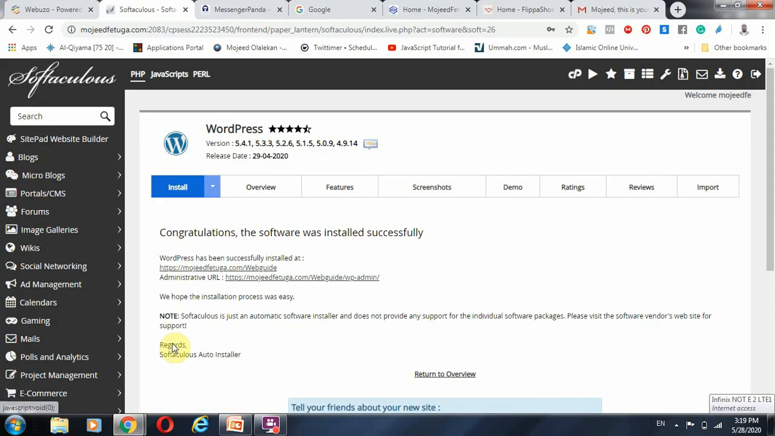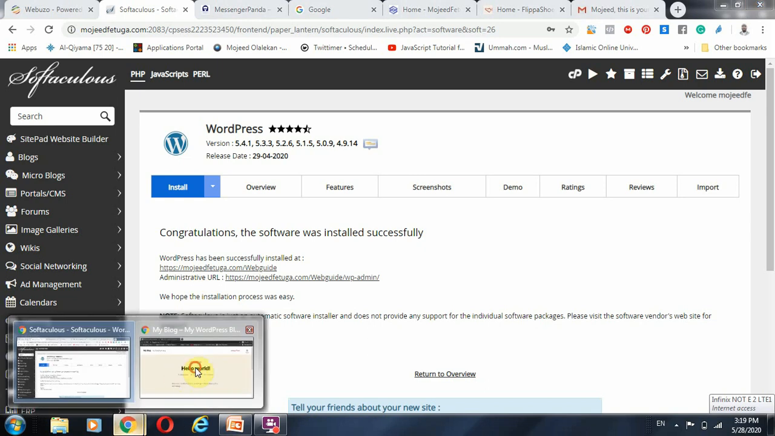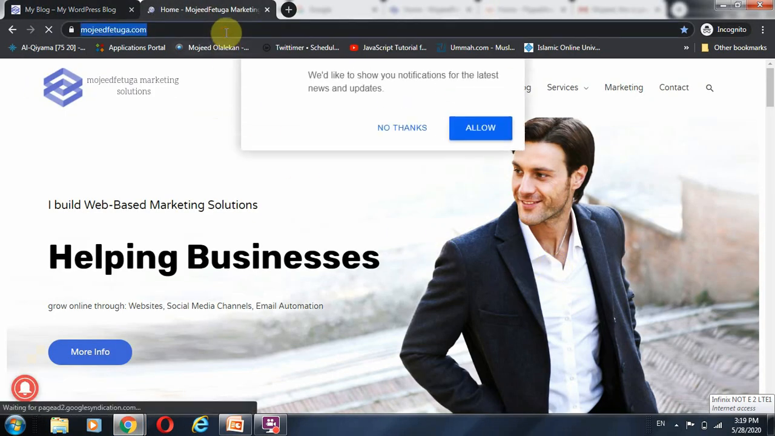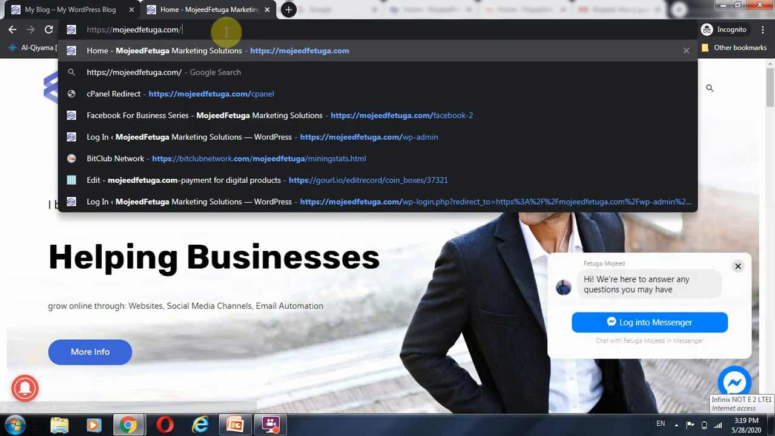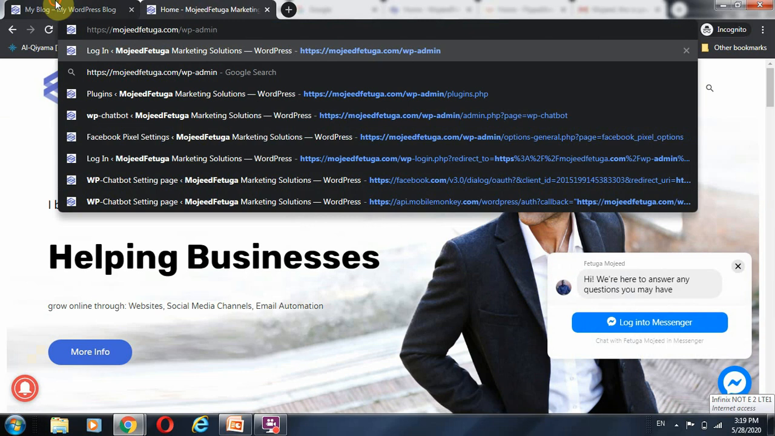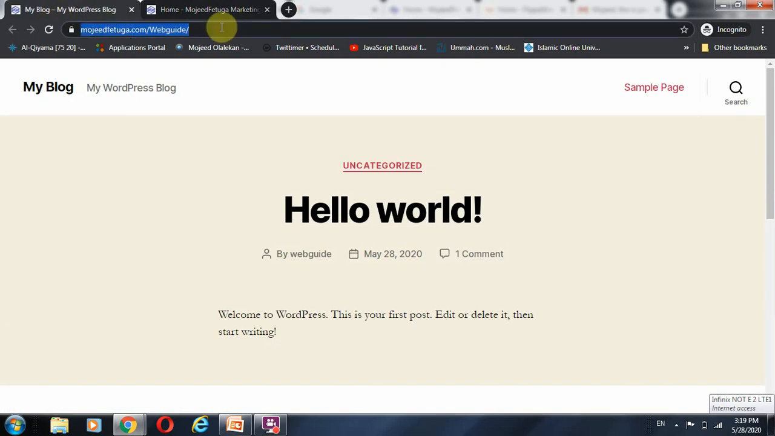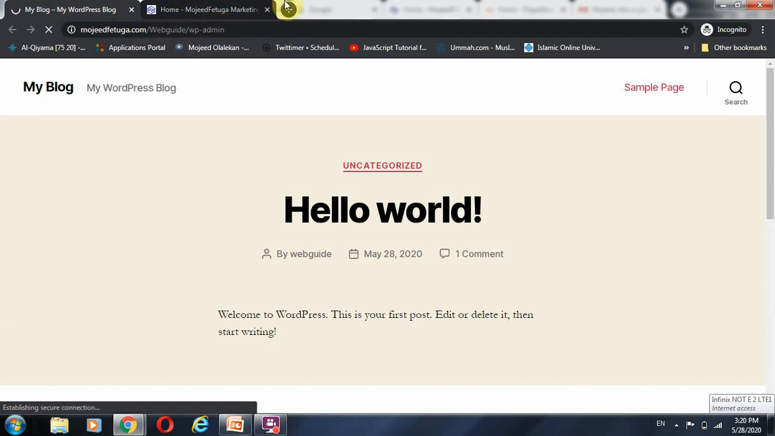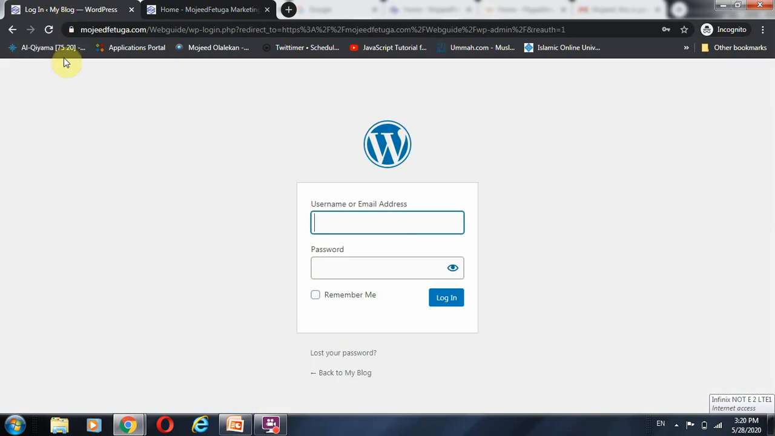Now for me to log on to this main directory, I have to come to mojitfetuga.com/wp-admin and what have you. However, for me to come to this directory, I have to come to mojitfetuga.com/webguide/wp-admin, which is the main way, the only way you can log on to the dashboard of this unique